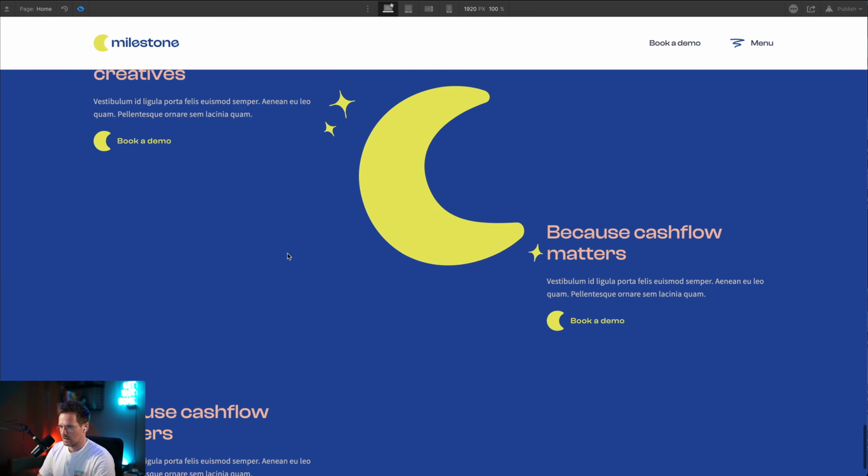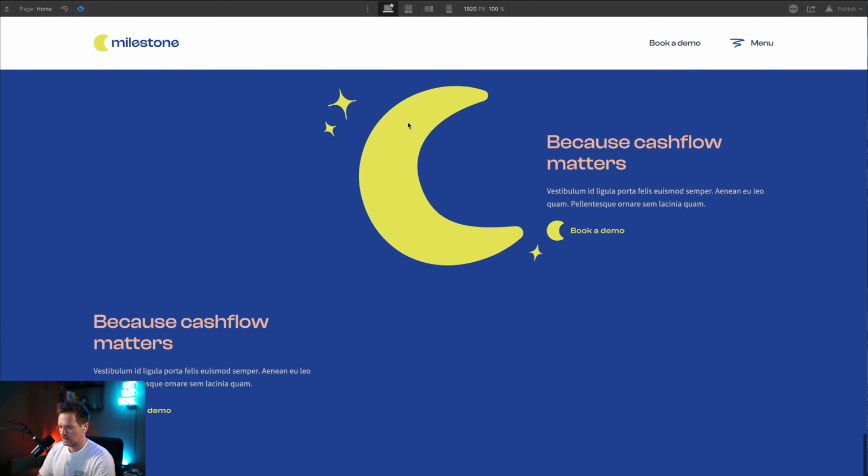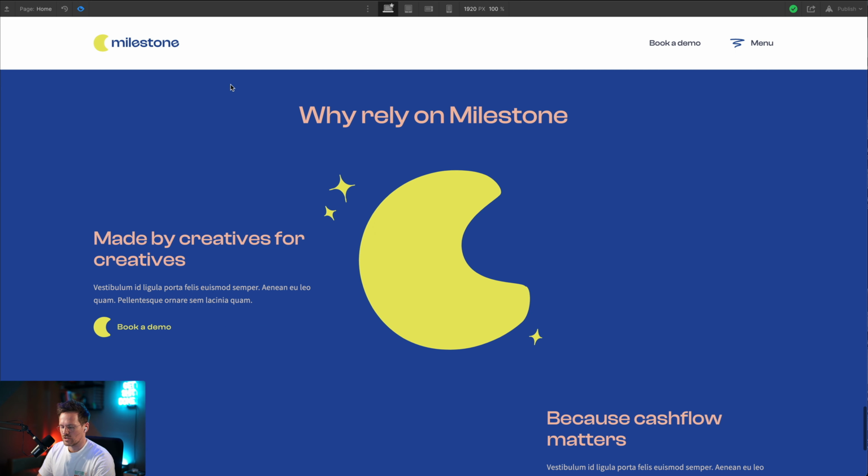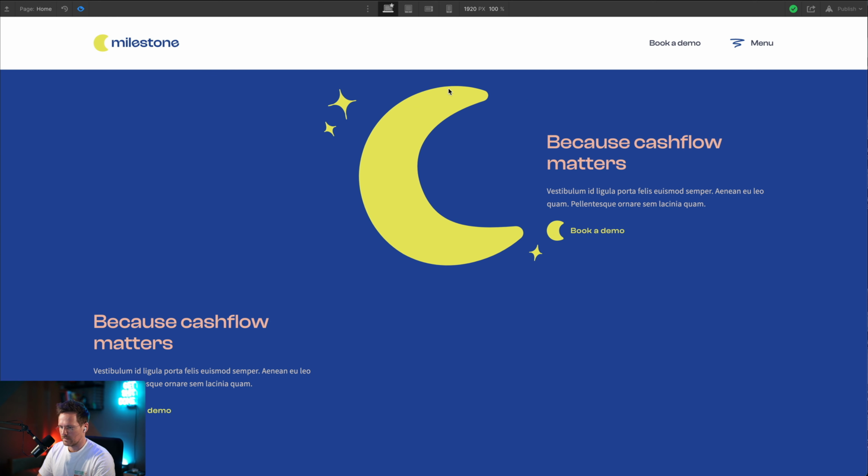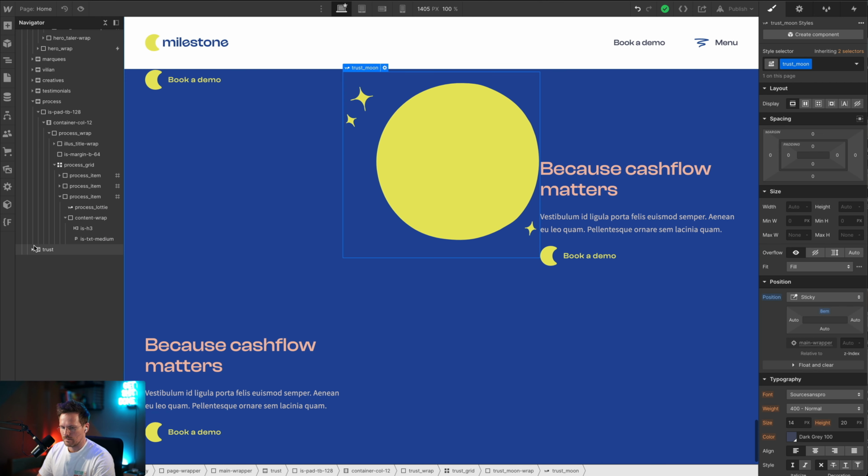Yeah, now you can see that works. I will leave it like this because on the published page, we have some custom code for this navigation that makes the height of the navigation shrink once the user scrolls. So that means that here will be a little bit more spacing than we can see now. But to see the entire animation, I'm going to add a